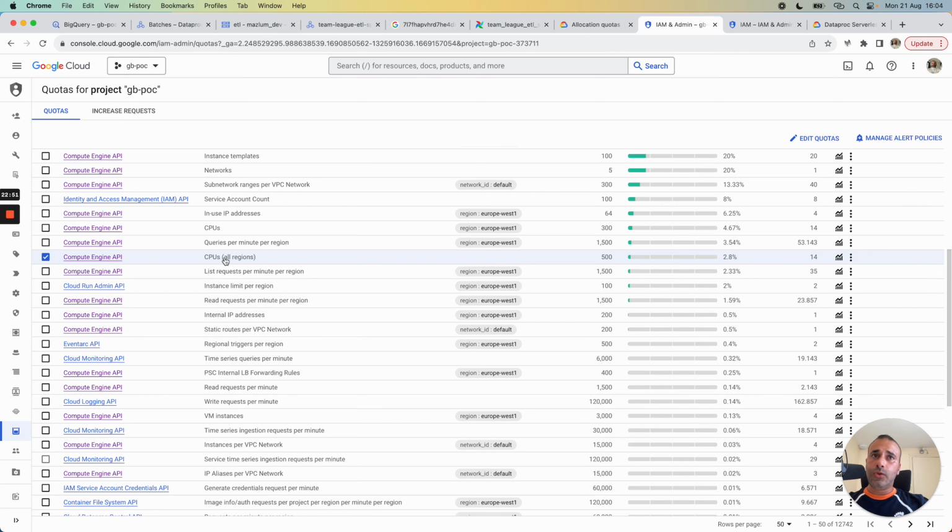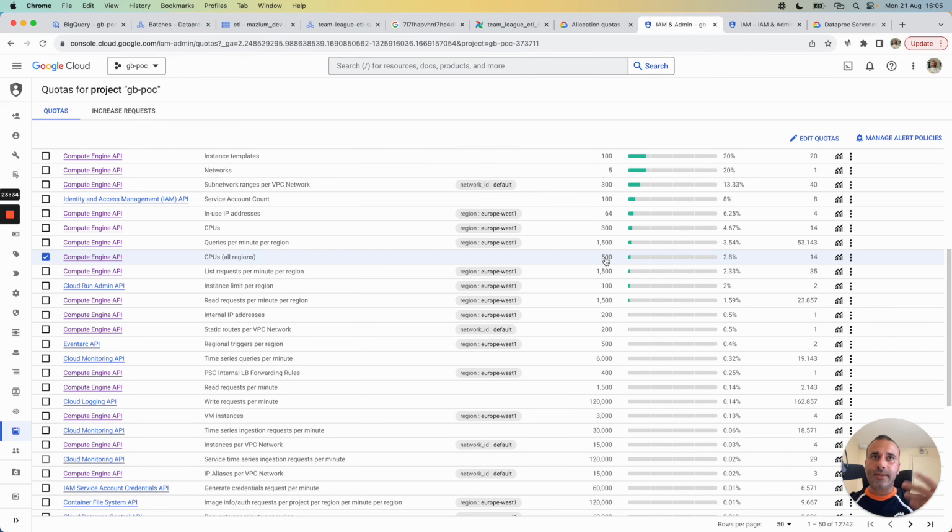That's why I wanted to talk about this issue, because if you want to launch a Dataproc serverless job in the Google Cloud free version, maybe you will have an issue in this case with this quota, and you need to move to a paid version of Google Cloud, and we can ask to increase this quota from this page in Google Cloud Platform.